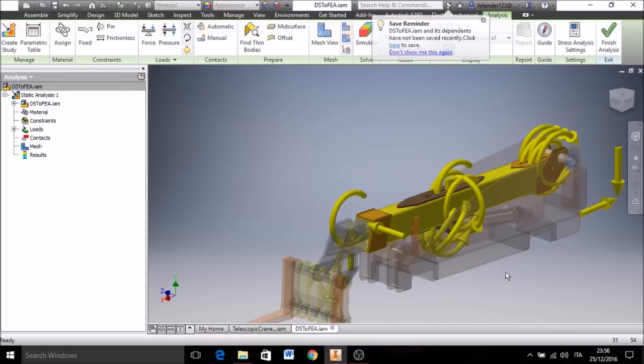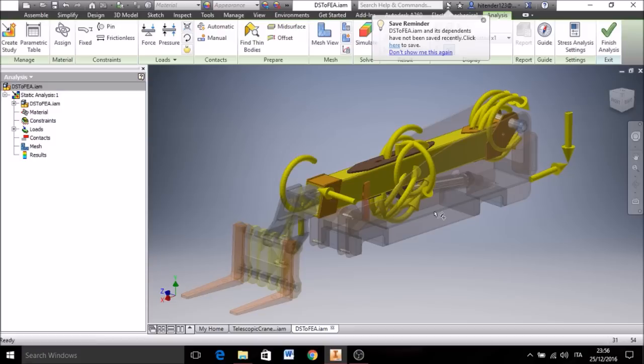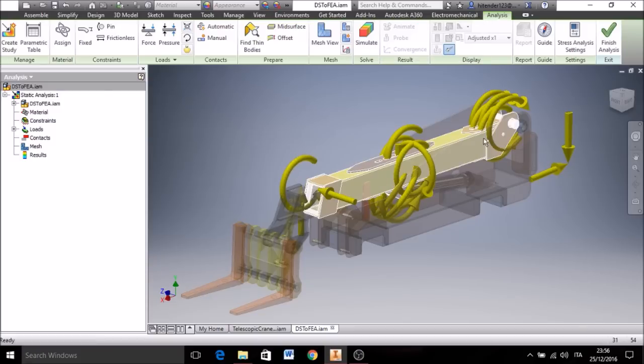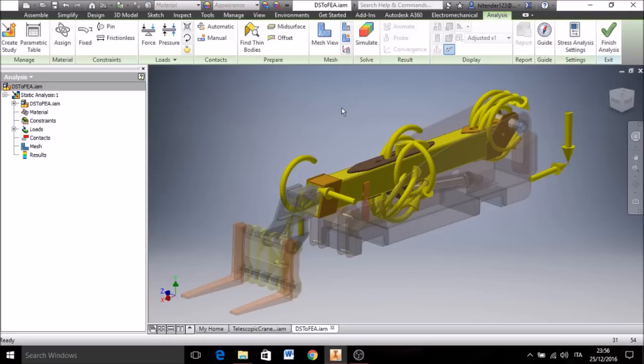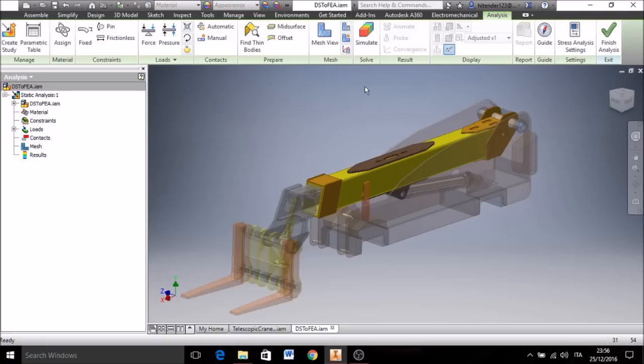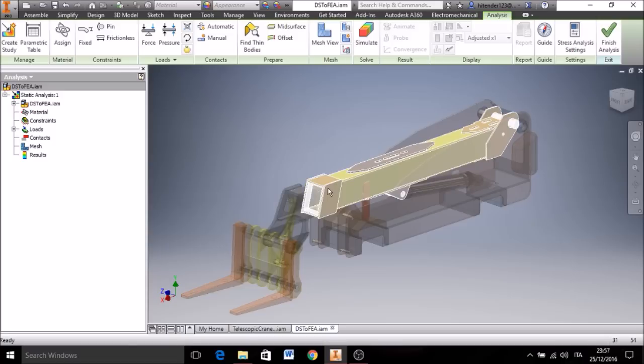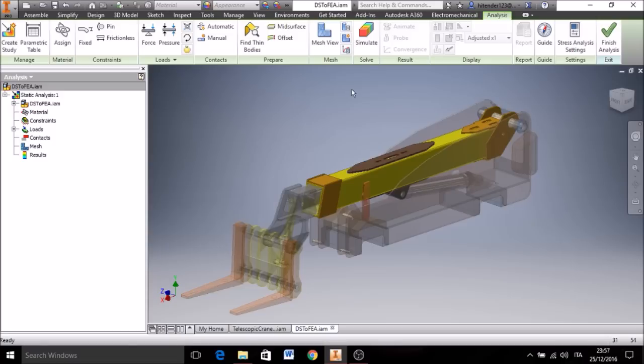Okay, so now all the other parts and other components have gone in the background, only this part can be seen as solid. So I am going to hide the glyphs. Now, as the material has already been assigned, this is a multi-body part with all its reinforcing plates, and it is made up of mild steel. So there is no need to make any change here. The constraints have already been applied and the force also. So I am going directly to click automatic,